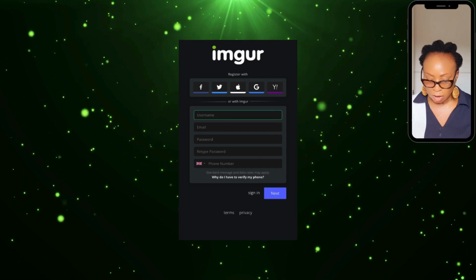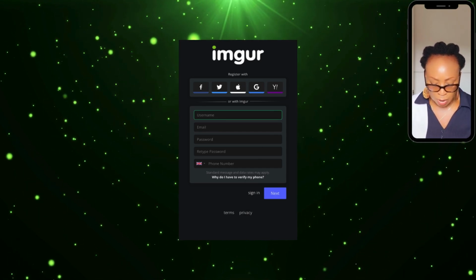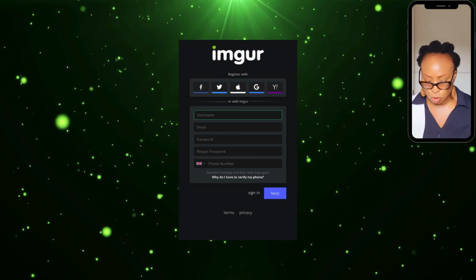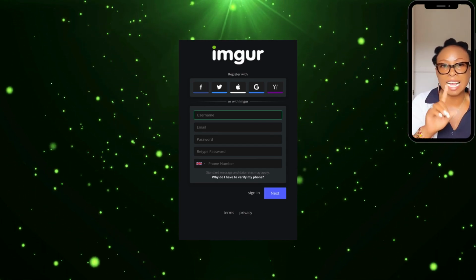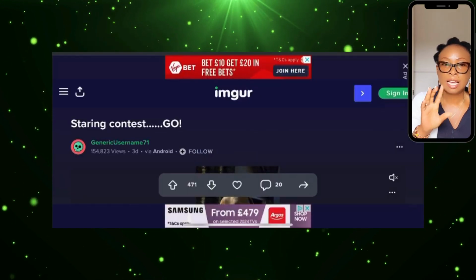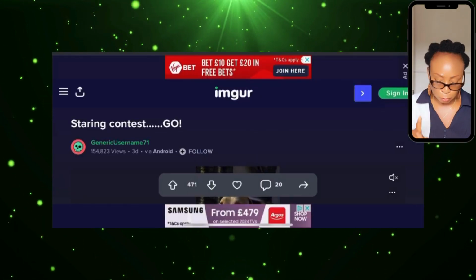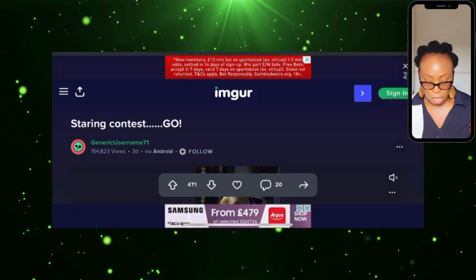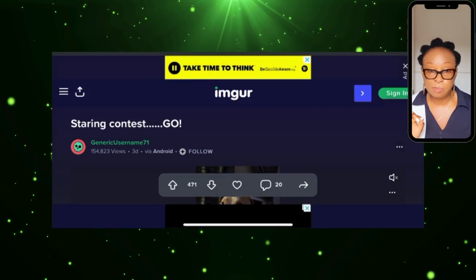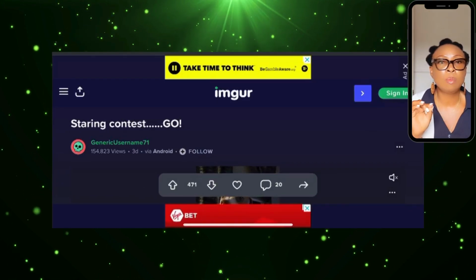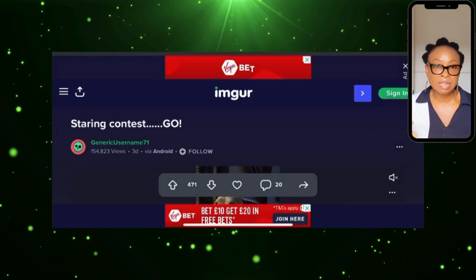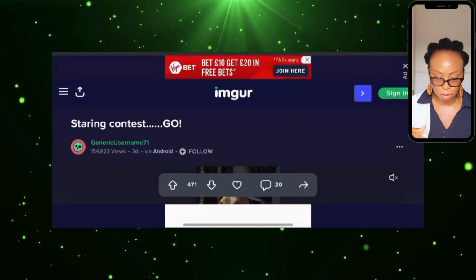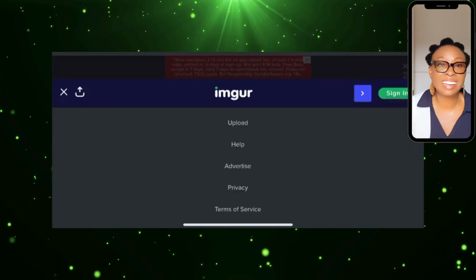Now you click on where it says sign up, and then you sign up to the platform. Now when you sign up, you upload that particular video of somebody using the laptop, somebody working on the computer. Now when you upload it, you're going to add a post like ways to make money online by reading email. Now when you add the post, in the description of that particular post, add your referral link that you copied